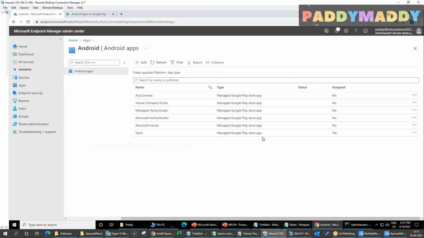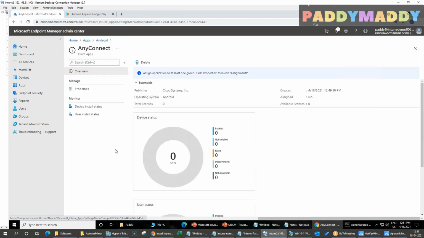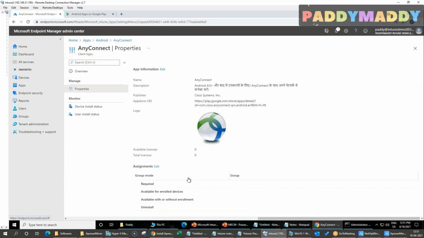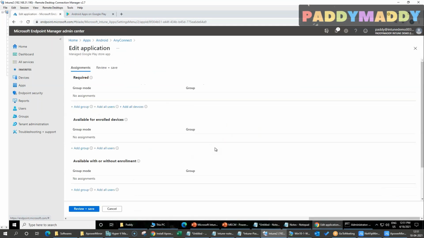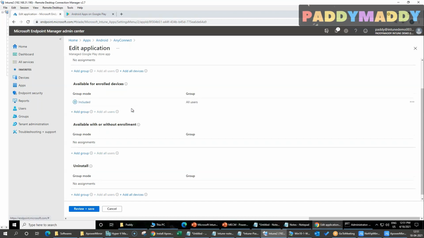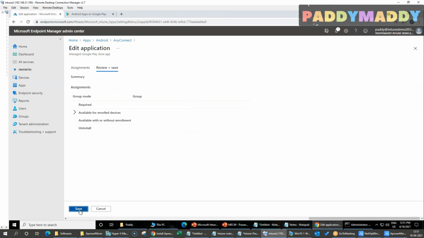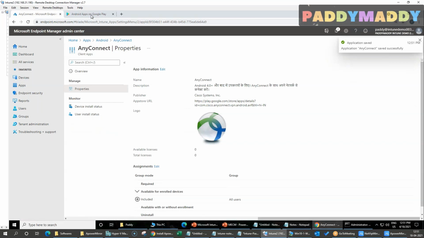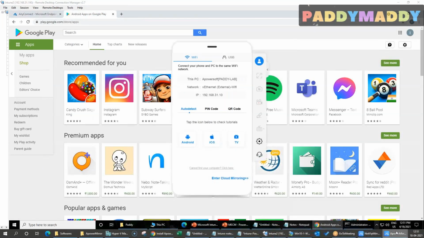And this I made as mandatory, Slack, but I want to make this one available. So what I can do is edit Cisco AnyConnect. I'll say available with or without enrollment, or available for all users. So what happens if I choose available is